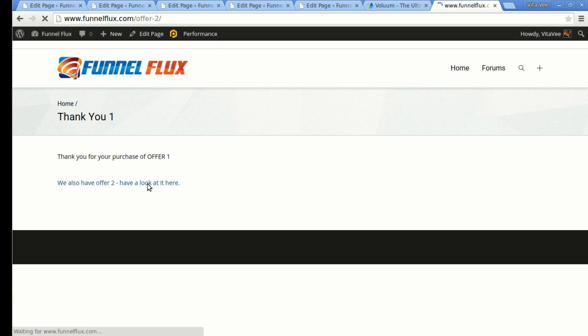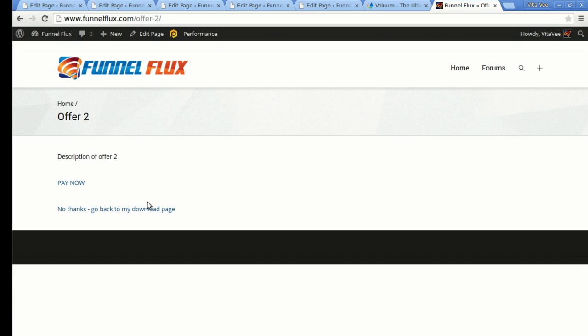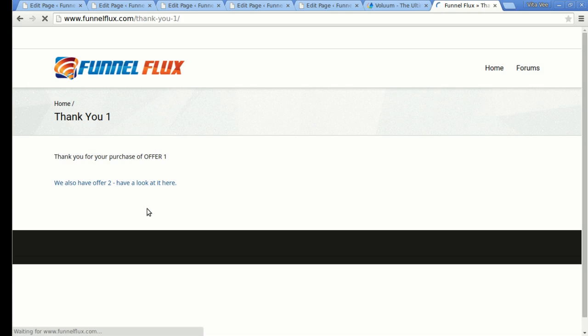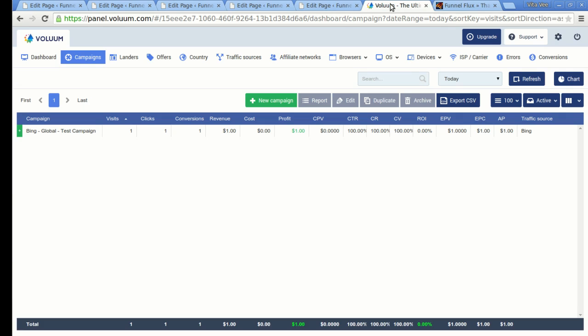So if I go there and check my second offer and don't want to purchase, if I go back to my download page, there is something very strange that happens within Volume. If I come back here, let's refresh the stats. Okay, we have to click on the refresh button several times until it refreshes completely. So we have the click now, but look, if we continue refreshing,